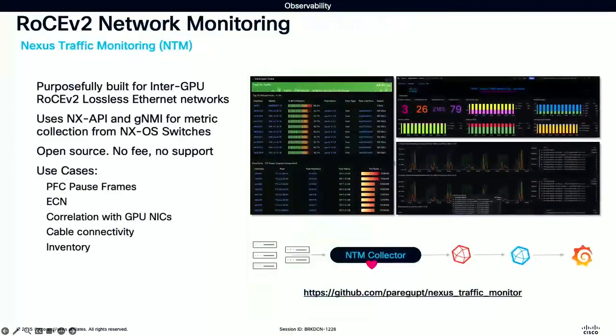Trust me, if you don't have these tools, it's extremely complex to proceed and achieve success with the investment that you're making. This is another tool that I built. It's available on GitHub. It gathers all the RoCE-relevant metrics from Nexus 9000 switches and puts them in use-case-focused